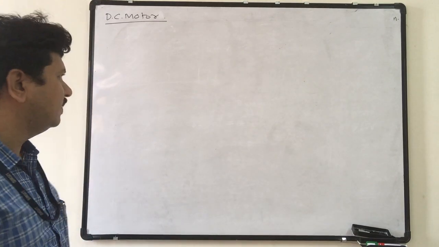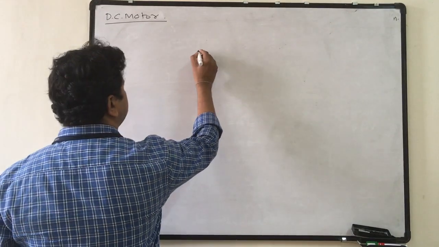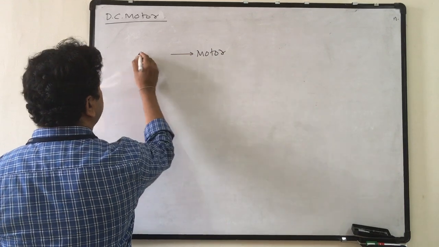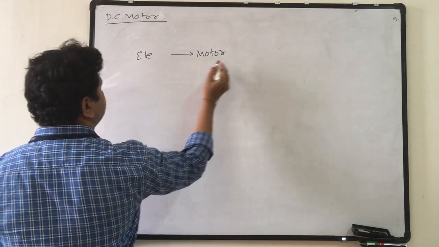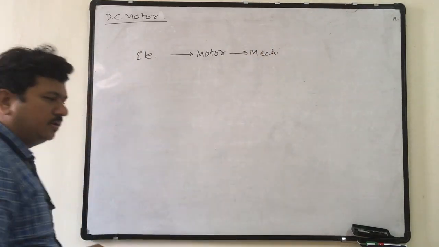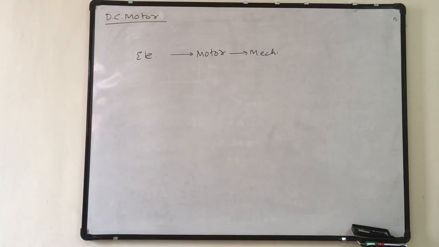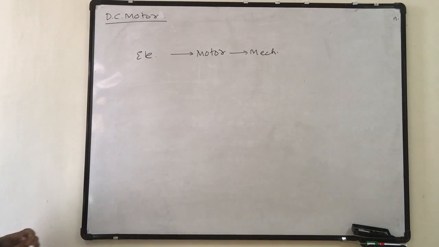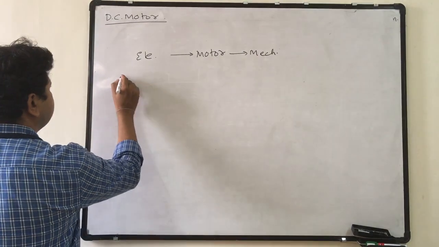The motor is one that gives out mechanical energy. So motor takes electrical energy and gives out mechanical energy. So now we should see what is the principle of operation of DC motor, or in general any motor. So principle of operation: